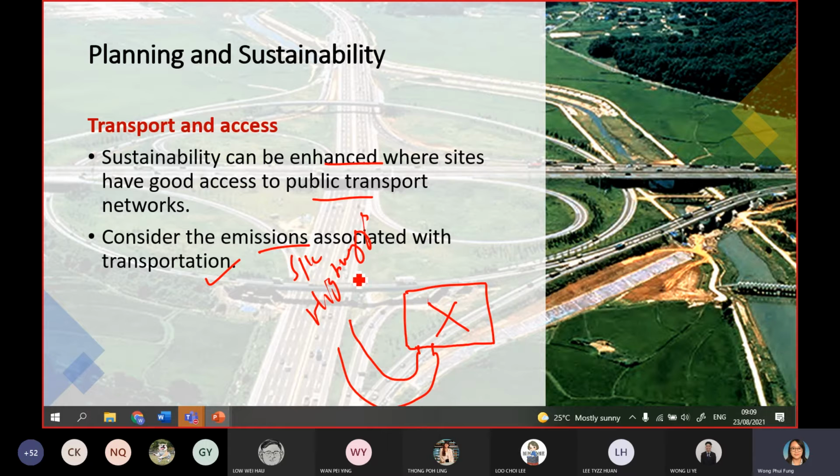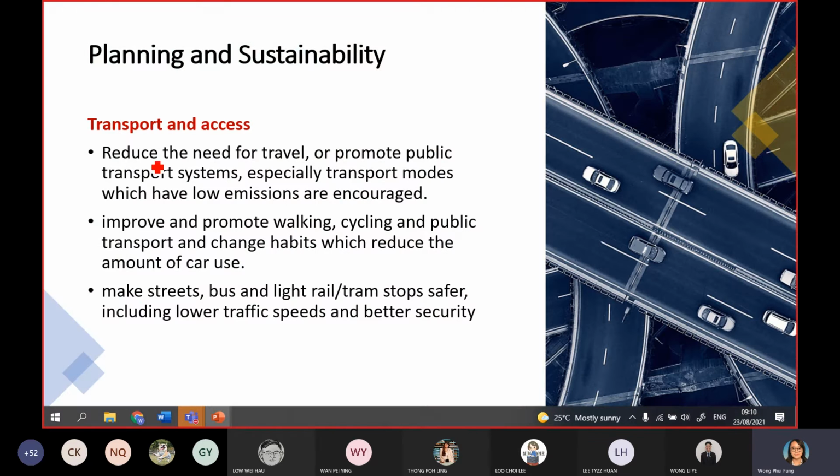And you can see that the area became quite popular, until Eco World also started to build houses and other developers also started to kickstart building many landed properties at Semenyih. Okay, so that is something we can consider for sustainability, when we have good accessibility to the transportation network. And the purpose is, as I mentioned, we need to reduce the traveling time because nobody likes to be stuck in a traffic jam for a long time.